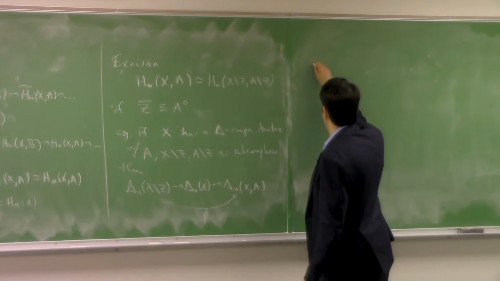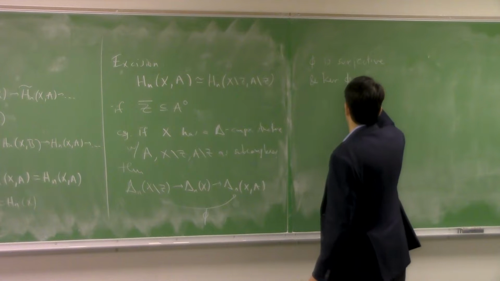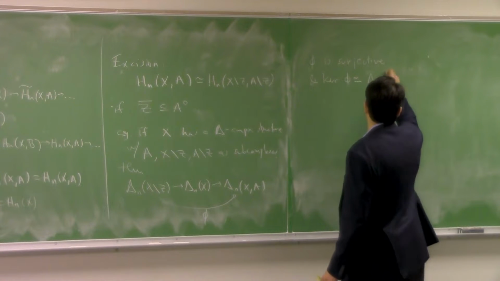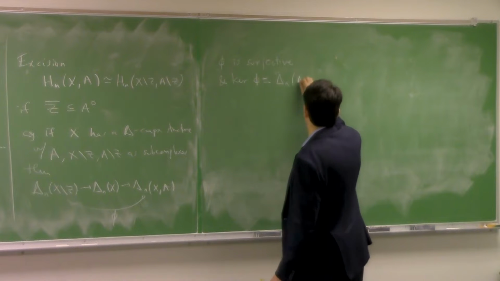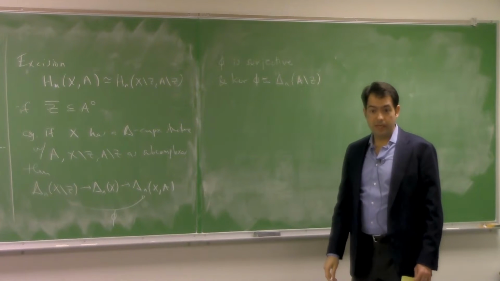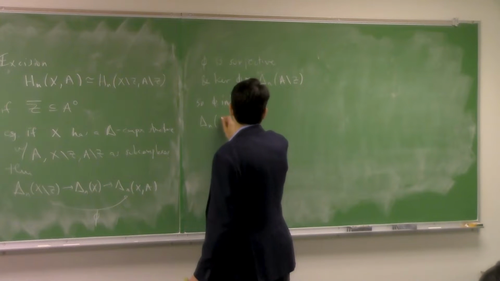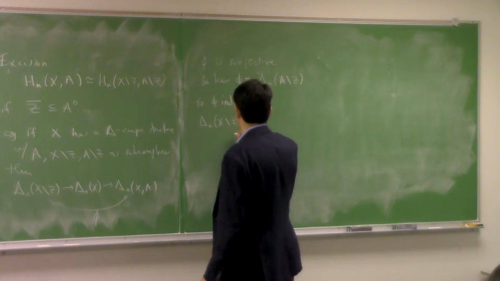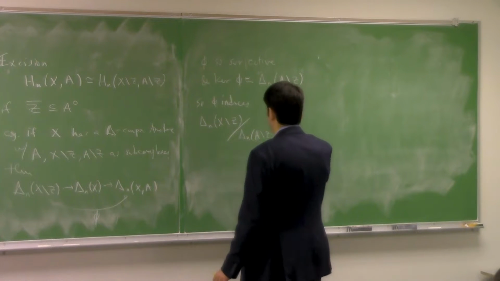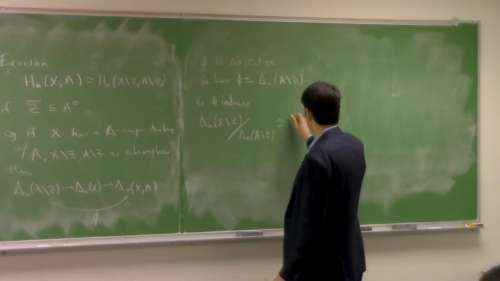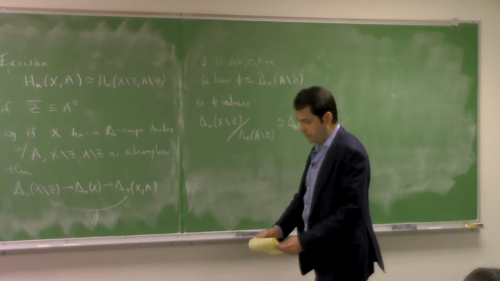we saw that phi is surjective, and the kernel of phi is just the n simplices that are in A minus Z, and so it induces an equivalence of chain complex groups, this delta n of X minus Z mod out by delta n of A minus Z to delta n of X over A. Okay, so